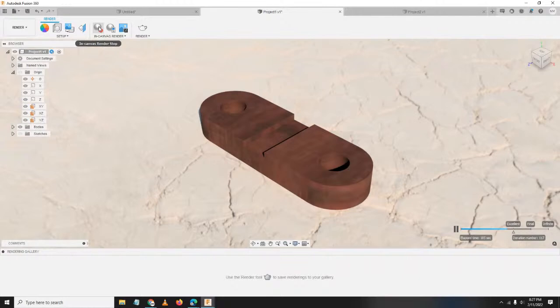Kanina meron akong nabasa. Guys, if ayaw, i-check nyo po yung system requirements ni Fusion 360. Baka hindi magkatugma or mababa yung specs ng inyong computer kaya ayaw niya mag-download.